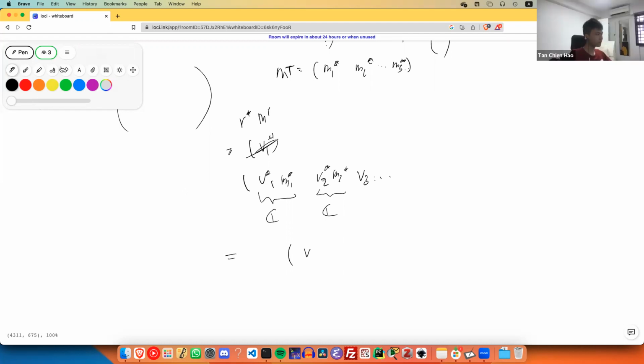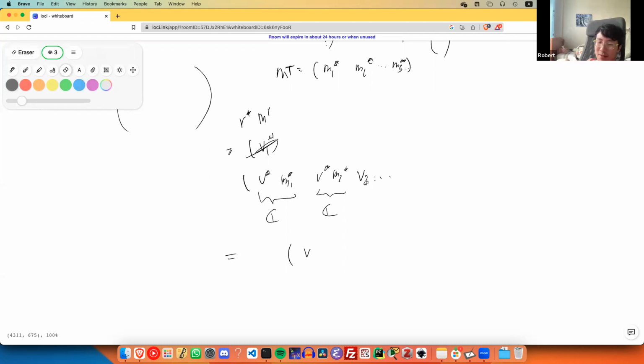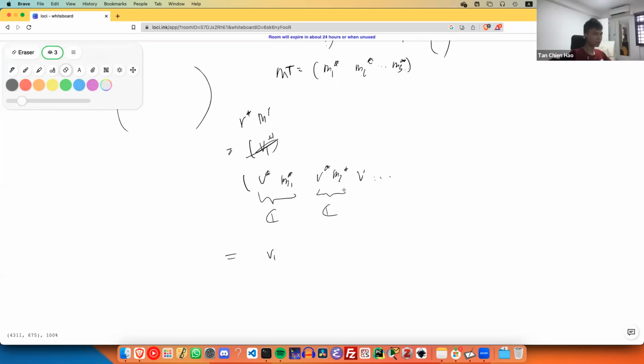Actually, I don't think you should use V1, it's just V star. If we are using V1, then it'll be like the columns. So at the end of the day, the M transpose acting on an element of the